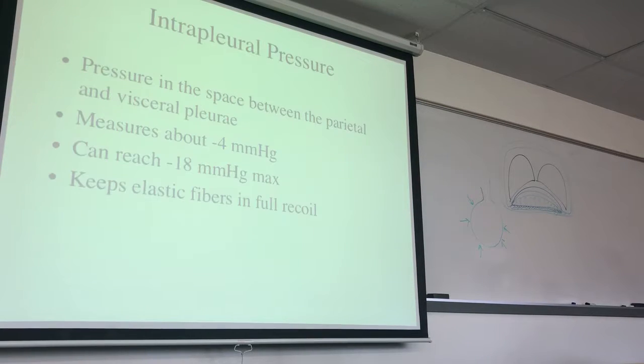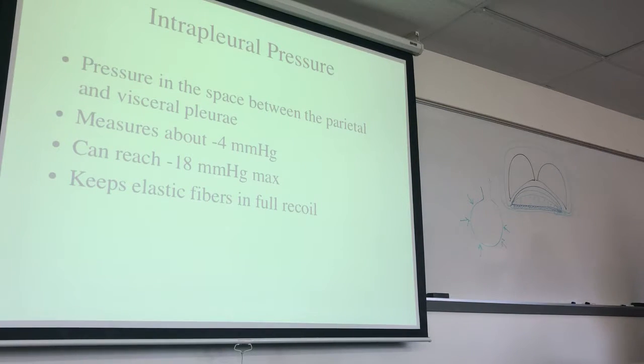Okay, so let's look at the intrapleural pressure. Intrapleural pressure. The name tells you that we're talking about the space in between the pleural membranes, right? You guys remember the pleural membranes? The intrapleural pressure is going to be about a -4 millimeters of